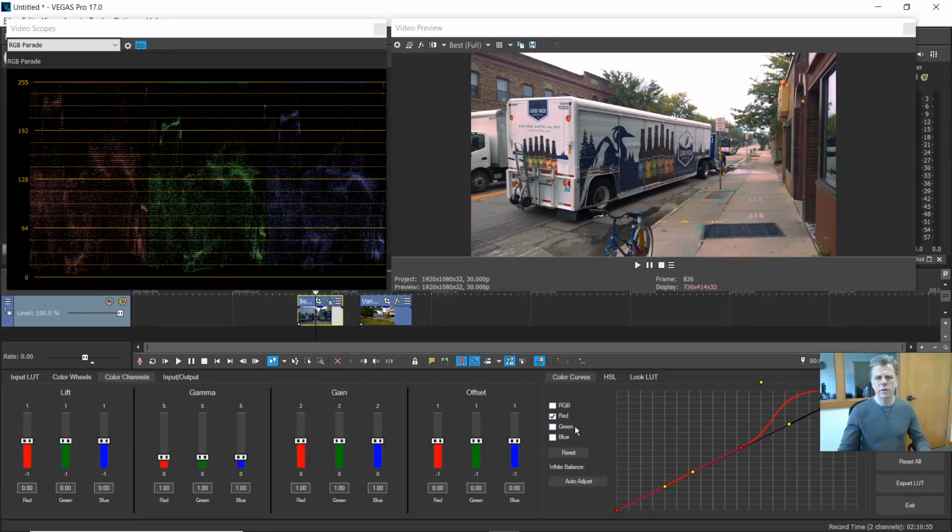Maybe I need to bring my greens up a little bit. So let's do the same thing with the greens. And you can see how using the color curves, I can break my color curve up into several different segments, and then use the Bezier handles to dial in what I'm trying to accomplish there. And finally, the blues need to come up a little bit as well. So let's bring those up. And again,